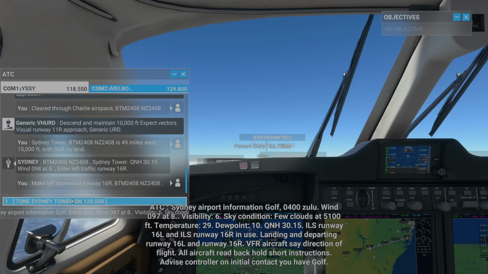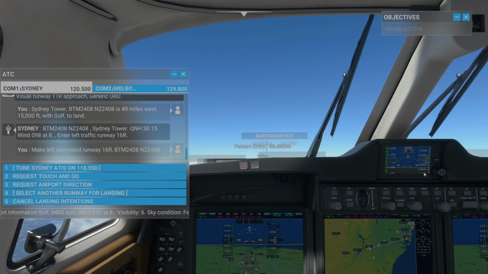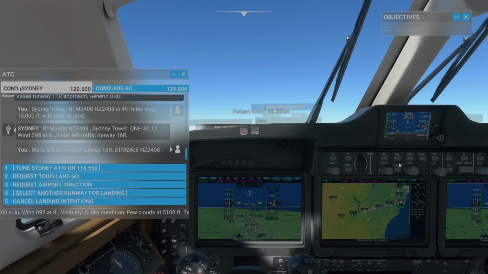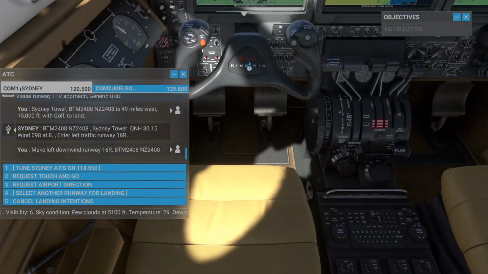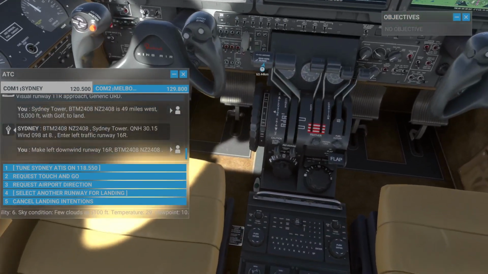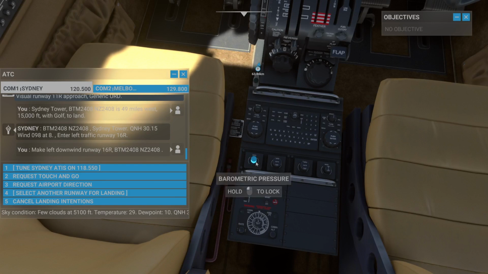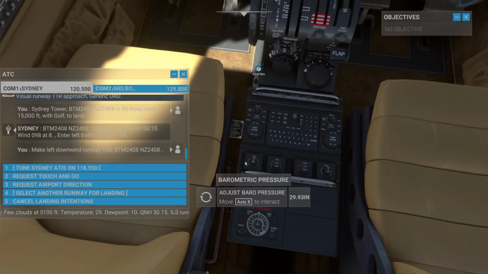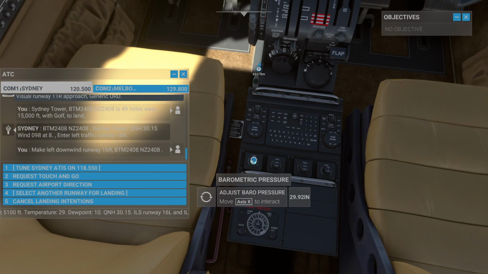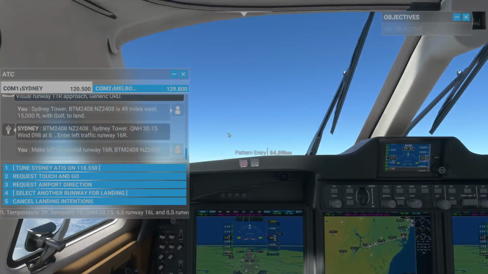Sydney Airport information Golf, 8015. And I probably should have it set to standard since we're up high enough. It's 2992. If Sydney in Australia is anything like New Zealand, their transition is like 7,000 or 10,000. I suppose at the same time it doesn't hurt to have the actual